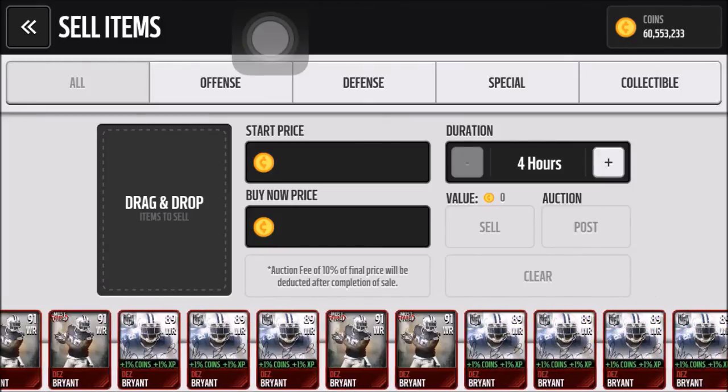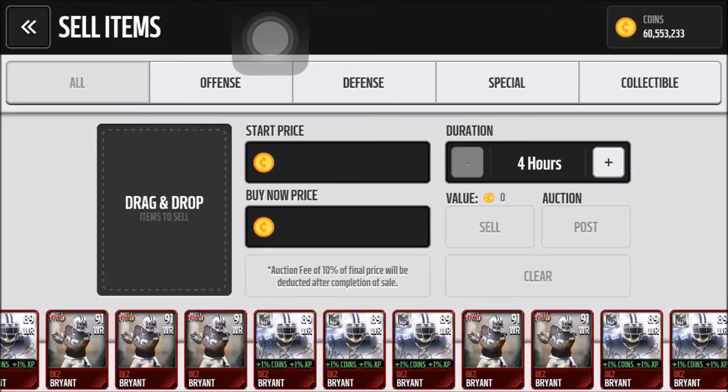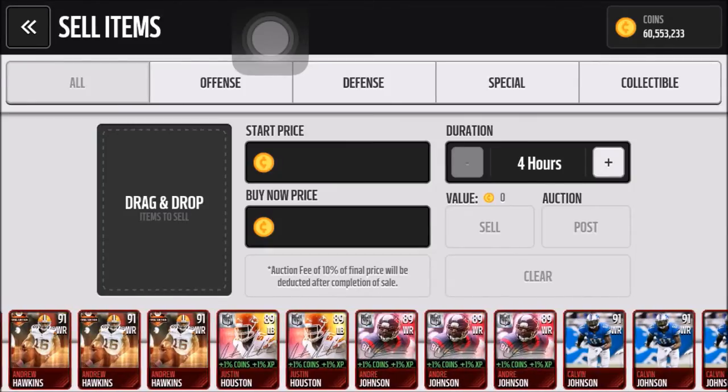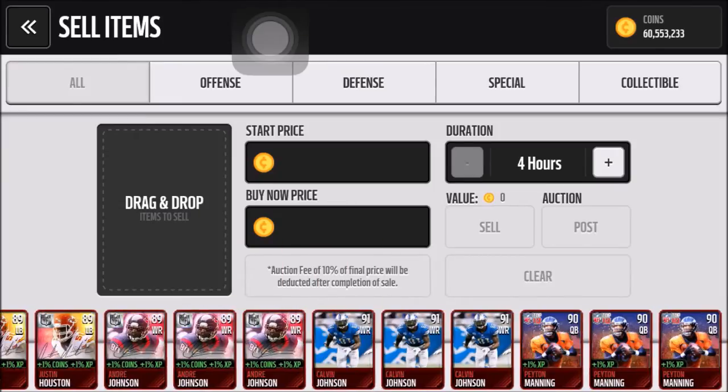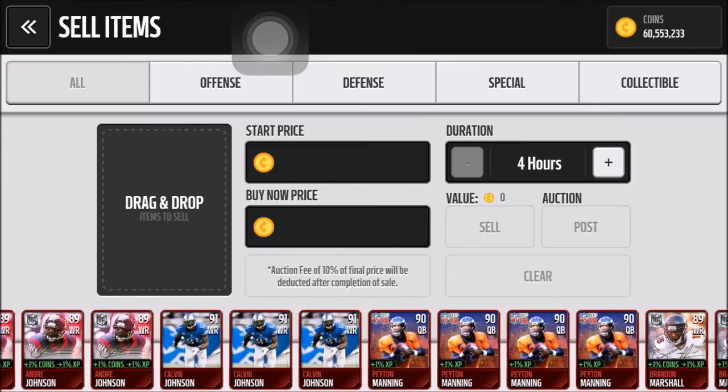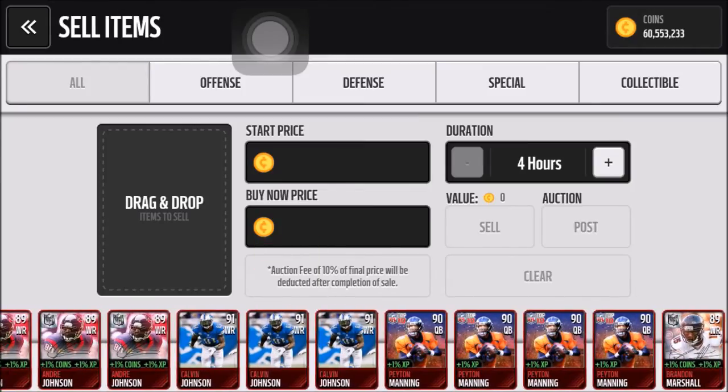Same thing happened with the Dez's. It just goes right in the middle. I think it's just the order you get them in, or something. It has to do with that. Then we have some Justin Houstons, 3 Andre Johnsons, and I'm still waiting to get that Calvin Johnson SIG, which is going to be right there,